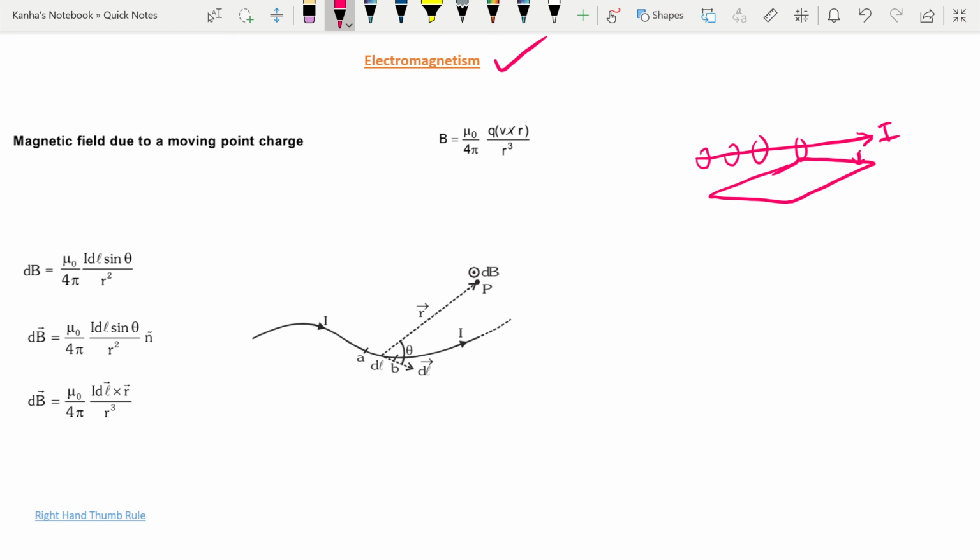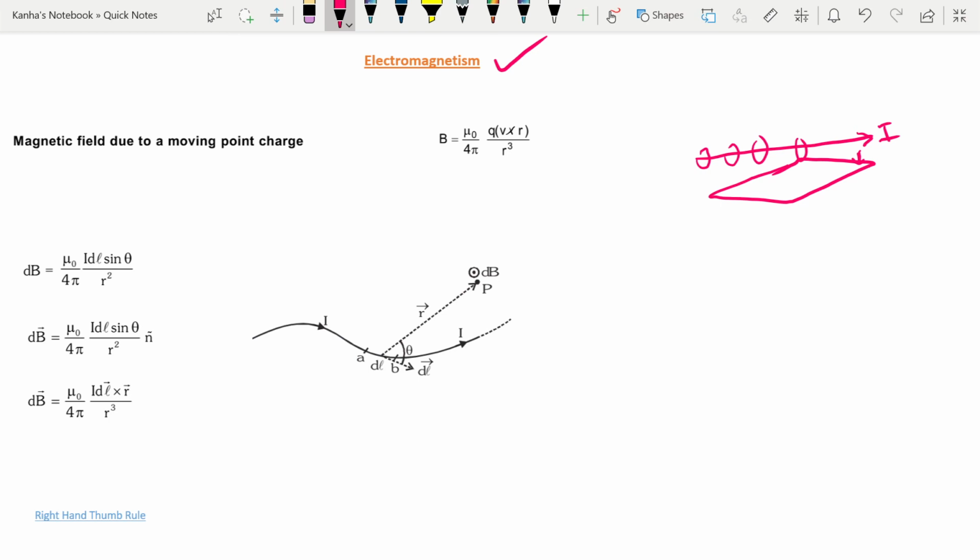Due to the several observations that he made about the direction of the current, and what happens when you increase the intensity of the current, there were some results. I'll just summarize some of the results which will be useful. A magnet at rest produces a magnetic field around it. Note that this is similar to electrical fields around electrical charges. You cannot see the field, but it's a region around the charge where you can experience a force if you keep another charge.